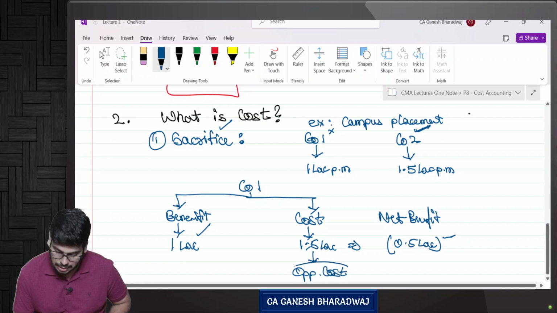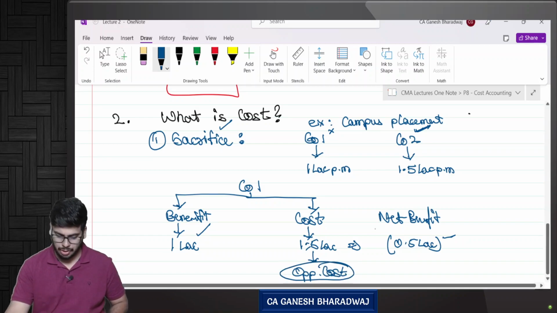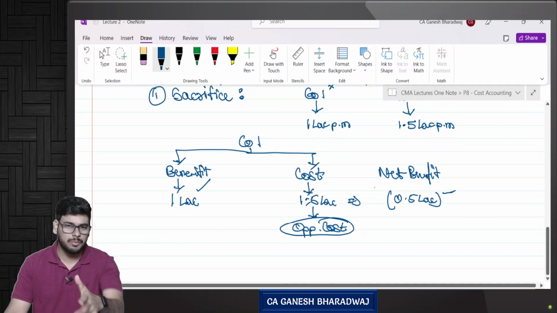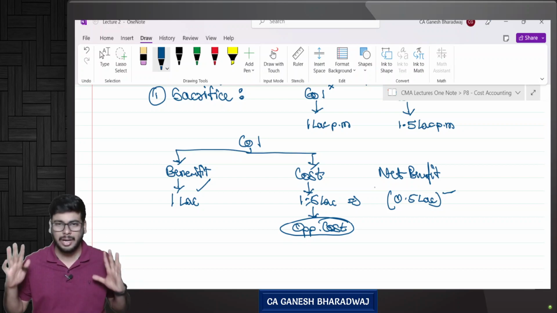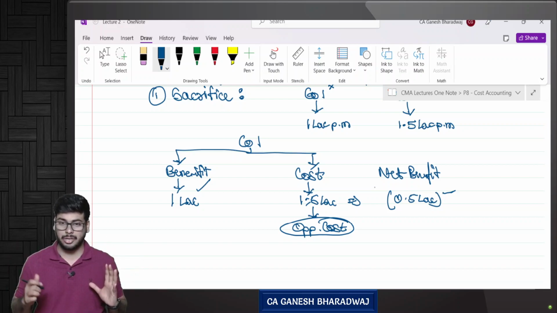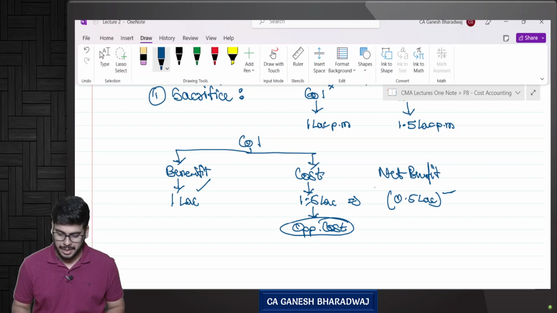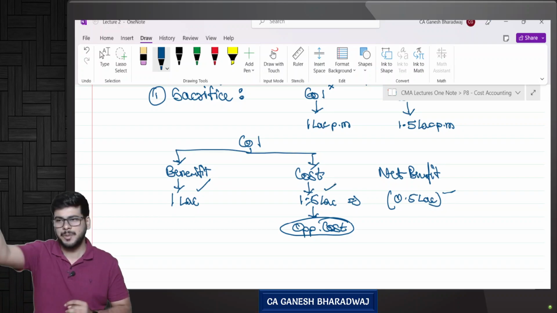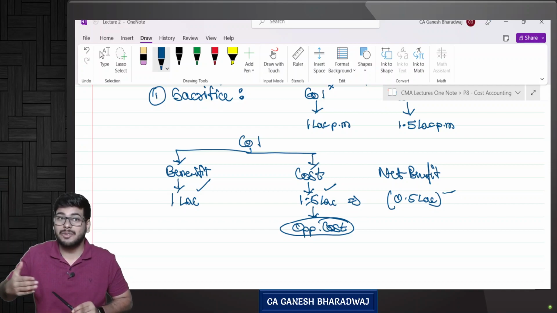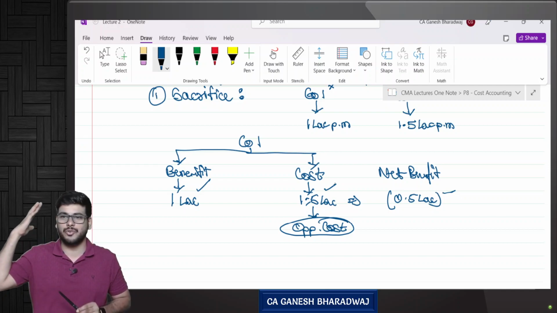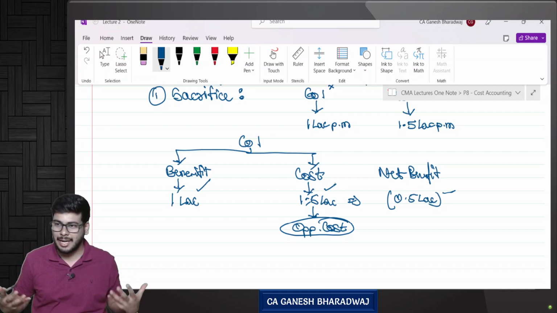Opportunity cost. This concept is called opportunity cost, which we'll be studying in a few minutes from now. In this lecture itself, I'll be telling you about opportunity cost, but this is all it is. In fact, that's all opportunity cost is. So basically this 1.5 lakhs is not an actual expense that you had to spend. It was an opportunity cost, or in other words, it was a sacrifice you made. So when you are arriving at a decision,